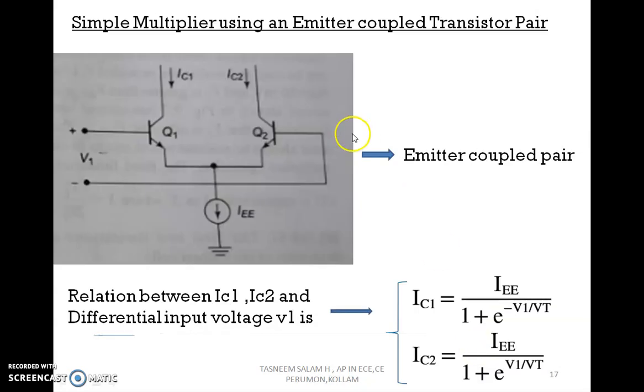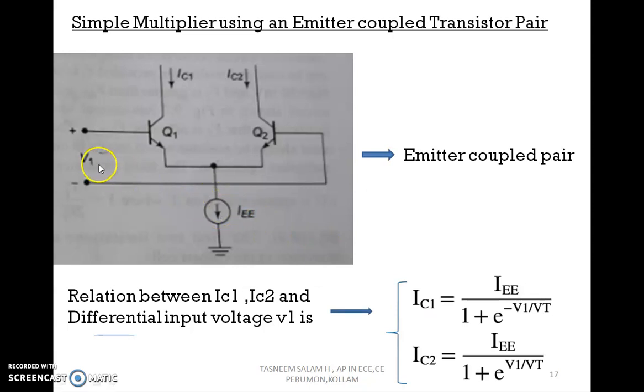Here, first we are going to learn a simple multiplier using emitter coupled transistor pair. For that, we have to know first what an emitter coupled pair is. We can see in an emitter coupled pair the relationship between IC1 and IC2 with the differential input V1 is given as this, that is IC1 is equal to the current over here divided by 1 plus e raised to